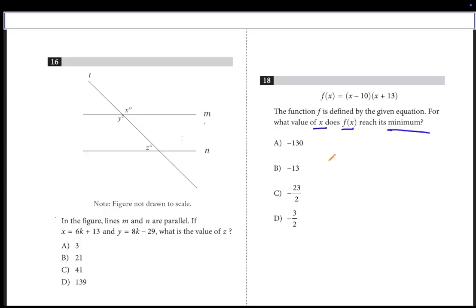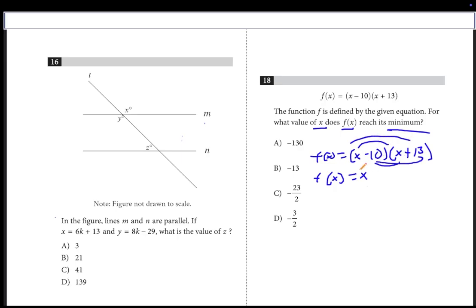So we're going to say f of x is equal to x minus 10 times x plus 13. We're going to want this in standard form, as it's currently not in standard form, and that doesn't give us any information regarding its minimum. So we're going to bring this into standard form. So we're going to FOIL